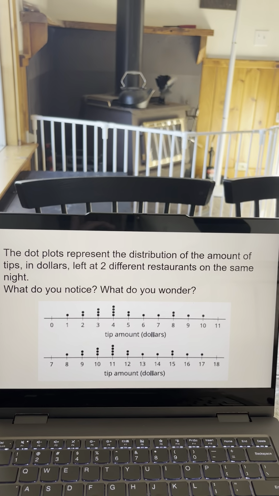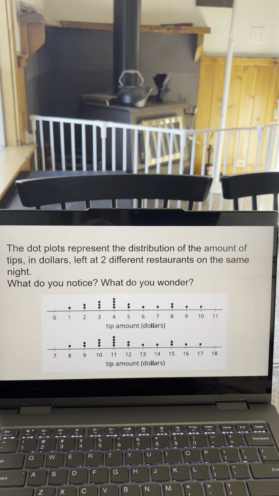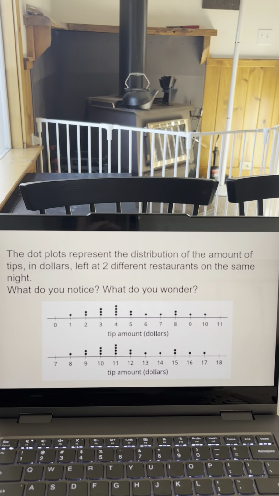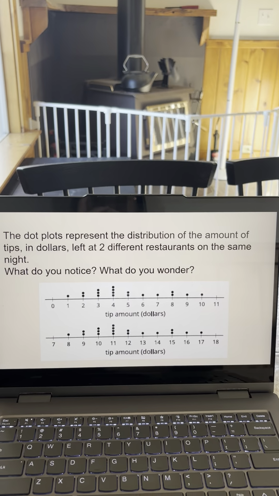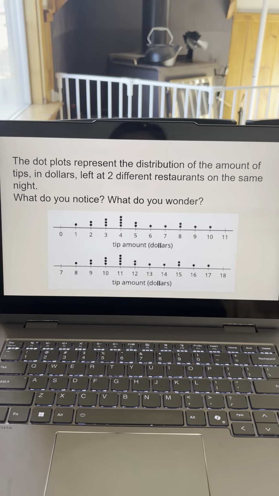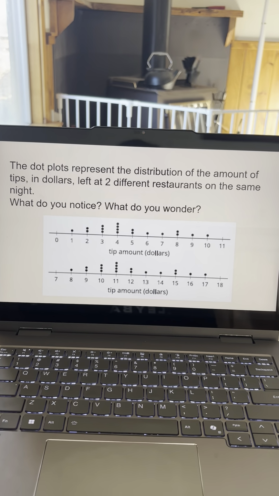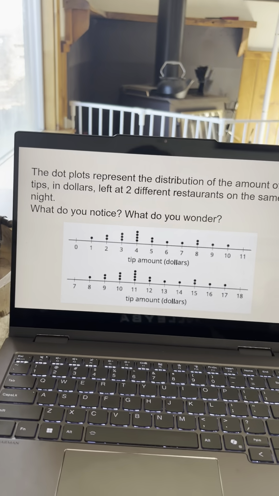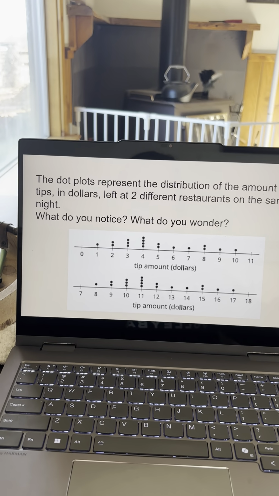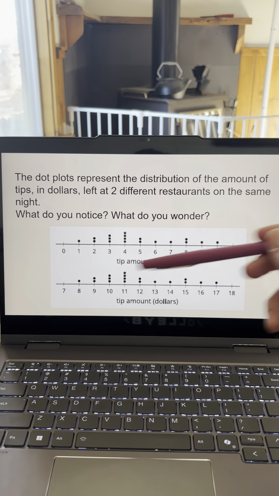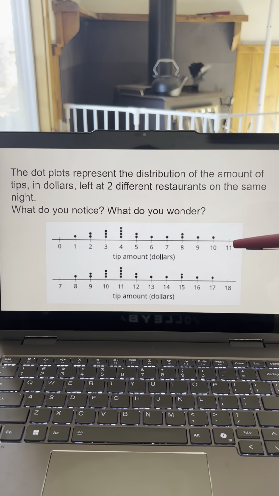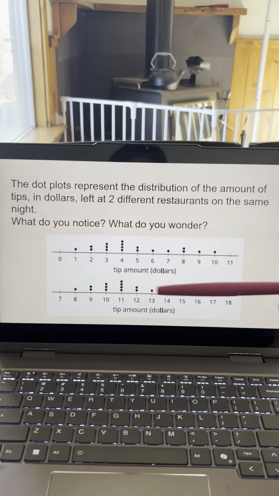So these 2 dot plots represent the distribution of the amount of tips in dollars at 2 different restaurants on the same night. We just kind of looked at these and said, what do you notice? What do you wonder? Somebody noticed that the points are the exact same. Like you can see the dots are the exact same, but the numbers are different. And then if we look